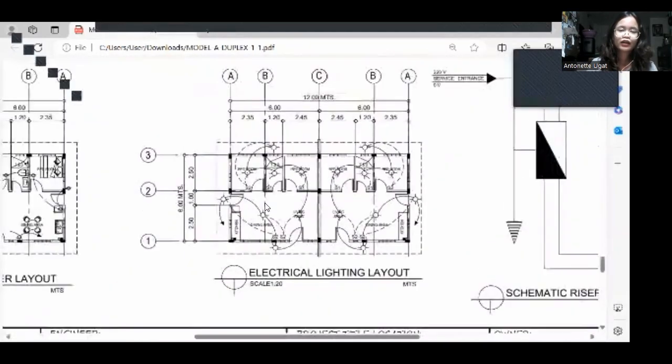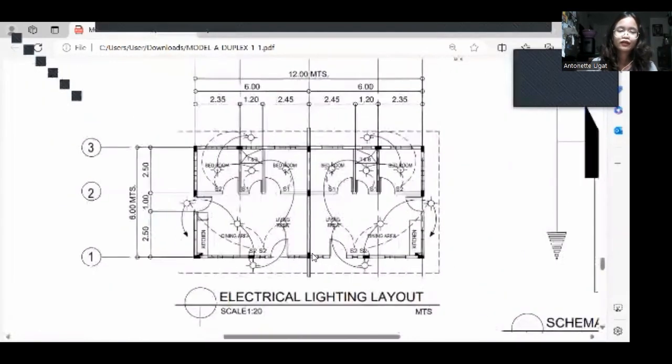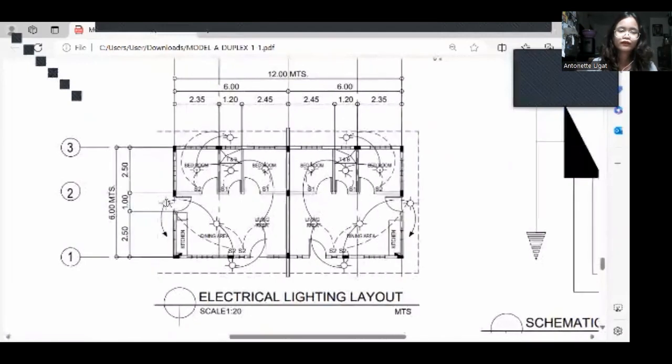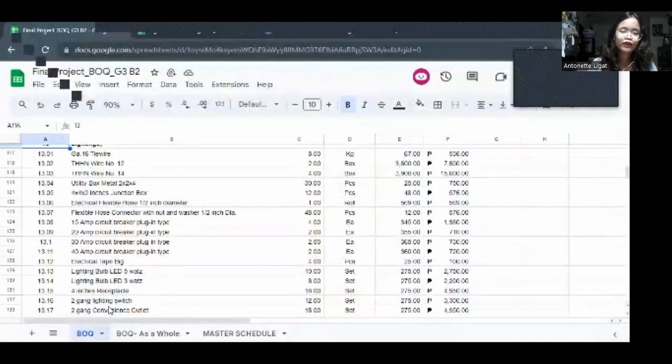There are lightings here, and we listed them and counted the quantity, for example the lighting switch and the light bulb, as well as the circuit breaker and different